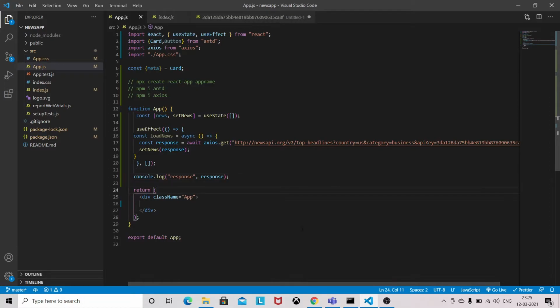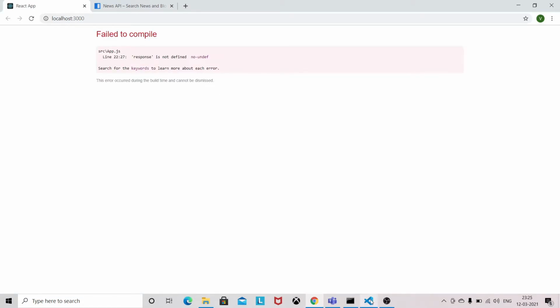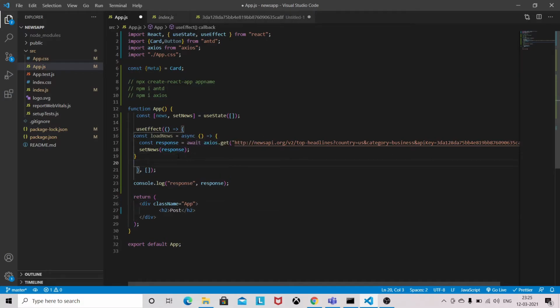Let's see whether we are getting anything. Failed to compile, response is not defined. Okay, so we need to call this loadNews, then only it will work.